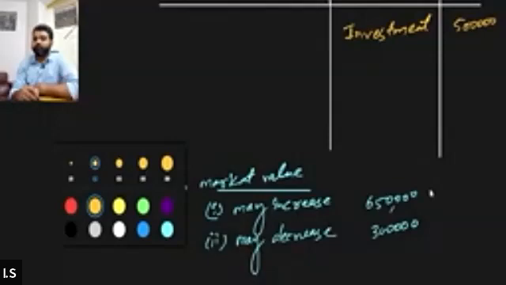That means if the value of the investment declines to 3 lakh, there is going to be a loss. Loss of how much? Tell me, in this case, how much is going to be the loss for the partners, for the business, or for the firm? If the market value of the investment declines from 5 lakh to 3 lakh, tell me how much is the loss that the firm is going to suffer? 2 lakhs.